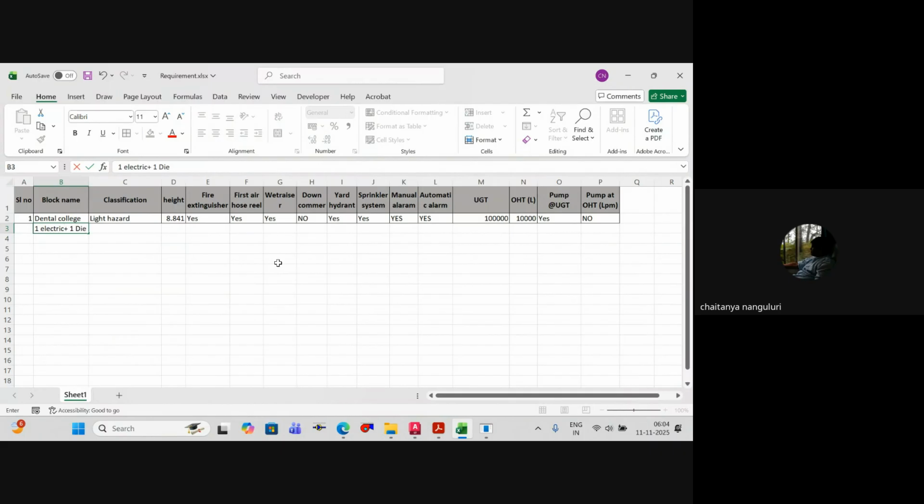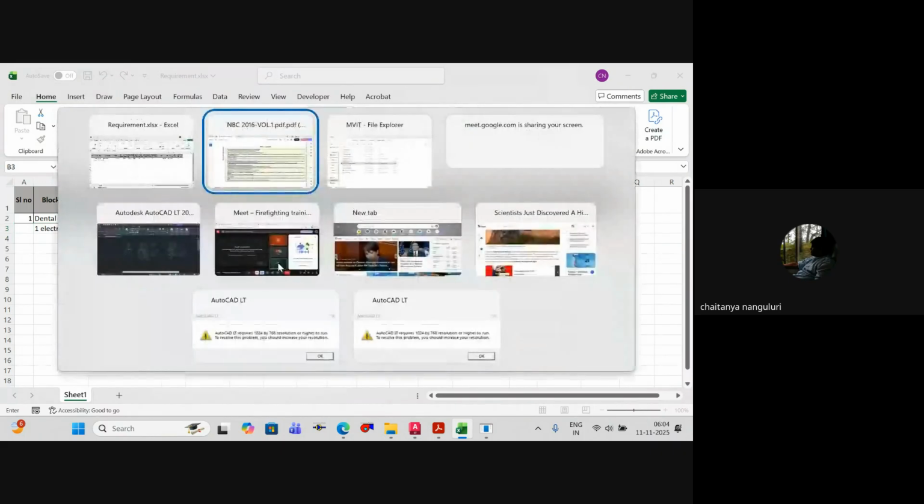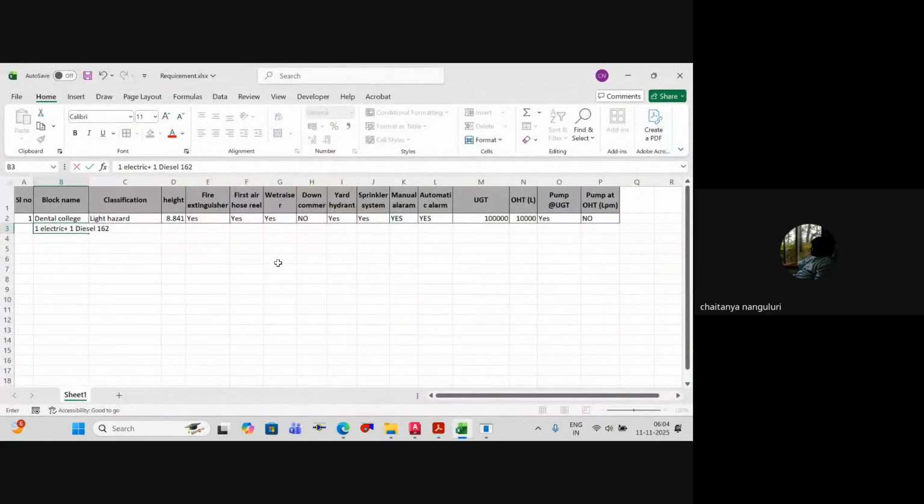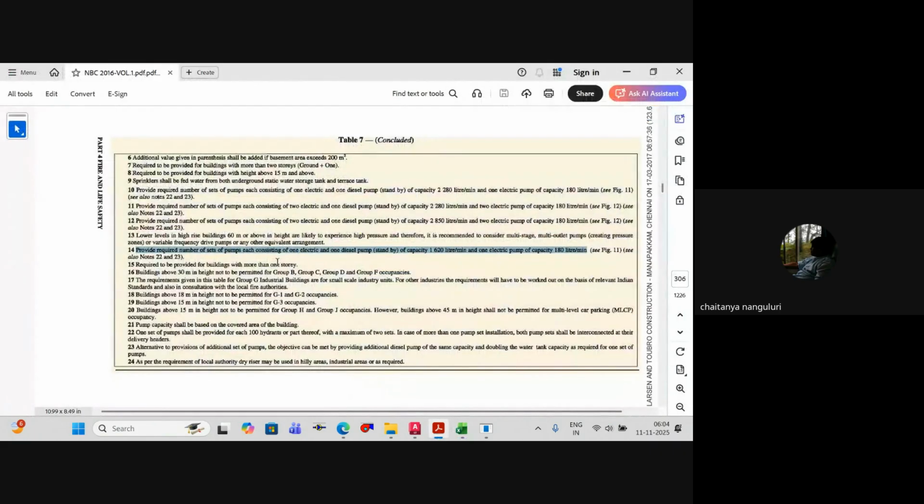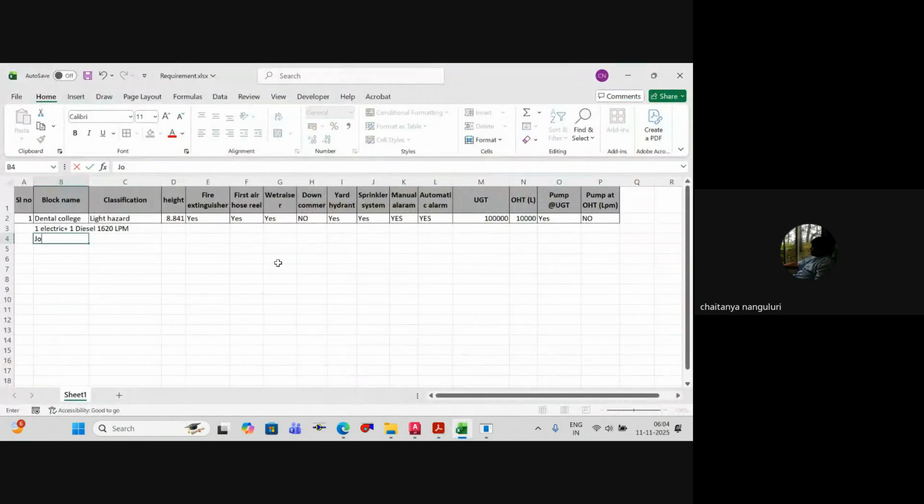Plus one diesel of 1620 LPM, 1620 LPM. And then I've got a jockey of 180 LPM. So I require these three pumps. Am I clear? Yes. Okay, so now if I wanted to really work on this particular one, so we have to provide all